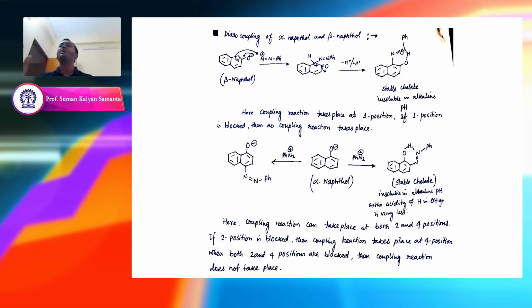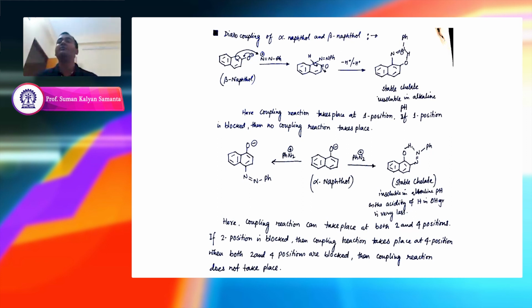One question you might have: when it is beta naphthol in the top example, it has 2 ortho positions, either this 1 position on top or the other ortho position at the bottom. So why is it only attacking the top ortho position? Why not the other ortho position? This can be explained, you understood my point? This can be explained based on the resonating structures again.